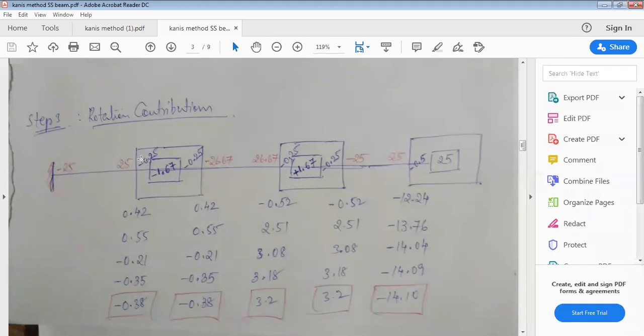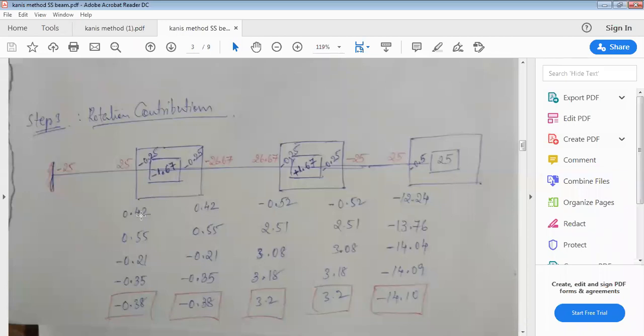In the outer box of the rectangle, whatever values I have written, these are rotation factor values, 1, 2, 3, 4, 5. And whatever I have written inside the inner box, these are summation of movements at this joint, 1, 2, 3, 4.